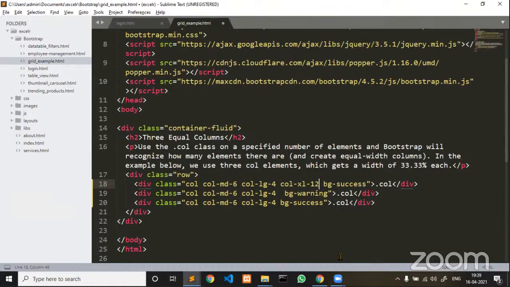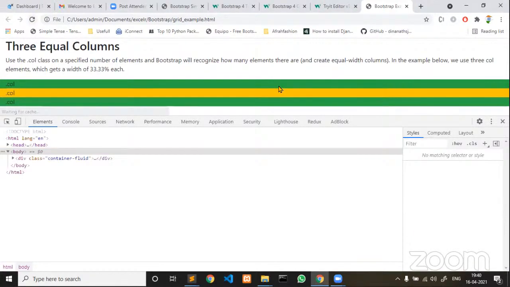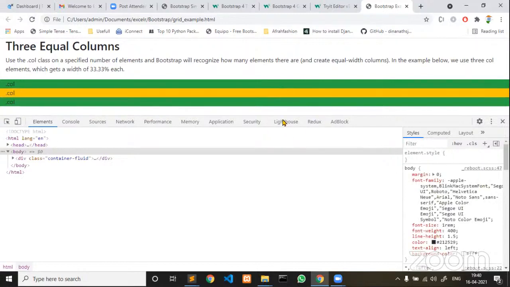Guys, for you to understand, in extra large screens, I mean to say my screen resolution is greater than 1200 pixels. Now I wanted to display, let me merge all 12 columns into a single column and display. Now if you come back, this particular page is falling under extra large. Now see, extra large, it is going to display. I hope you guys understand.